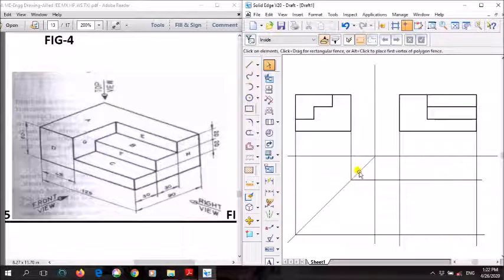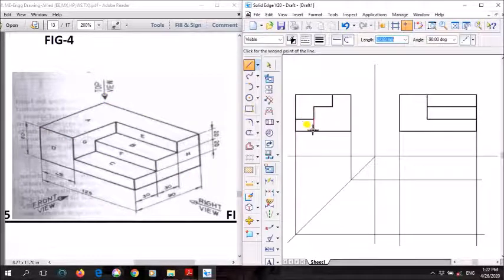and when it reaches this 45 degrees line, what do you do? Again you just direct it to the horizontal line. Okay, so now I got this outer line, the outer surface. Again using thin line, extend these lines, the inner ones, and the same way here, extend this line.